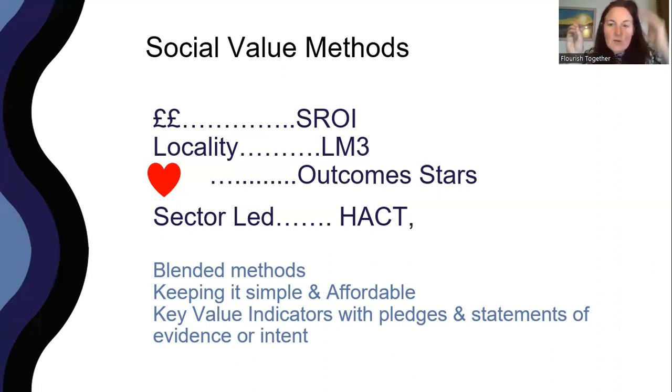You work towards figuring out your key value indicators: the key areas of value within your theory of change and within what your beneficiaries and stakeholders are telling you, which marry up and are clearly the areas where your organisation achieves impact and value, so that you can consistently measure that over time and get really solid data, and so that you're not having this scattergun approach. What happens is people measure their impact and value based on what this funder says, or what happened at that particular time, or a particular project or programme, and it all gets a bit messy and you can't compare apples and pears. Whereas if you take a step back and look at what value is being created and what's happening consistently,